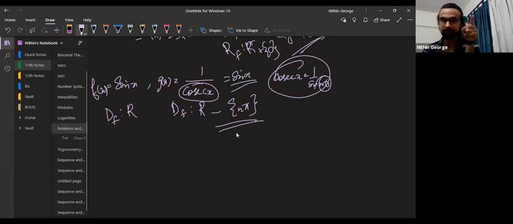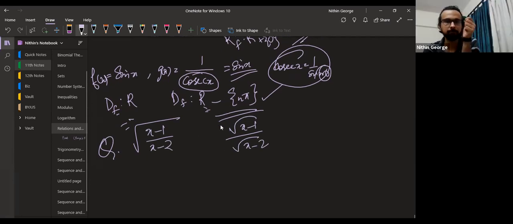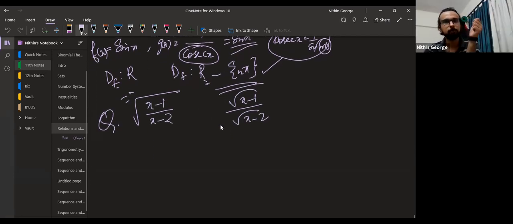But for the cases where cosec x is defined, now cosec x is not defined at any n pi. All right. So are they the same? These two functions. Hey, can I get a response? Are they the same? No, sir. No, right? Okay. What about this one? These two functions.